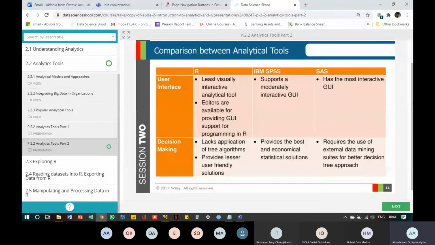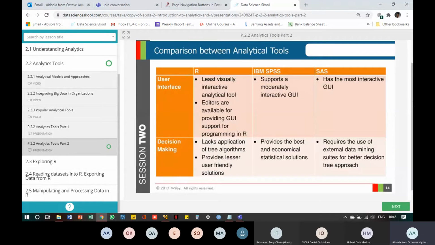They're used in machine learning, data mining, and so on. Python is good for that, but R does not have the application of these tree algorithms, and it also provides solutions that are not user-friendly enough. Let me say it like that.